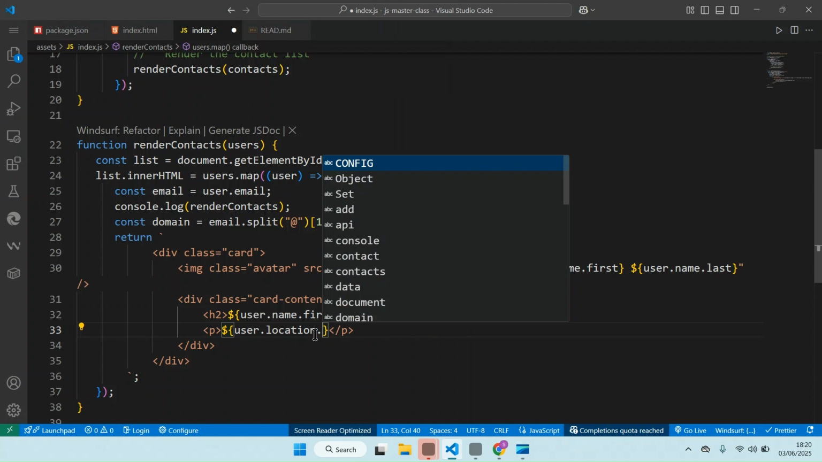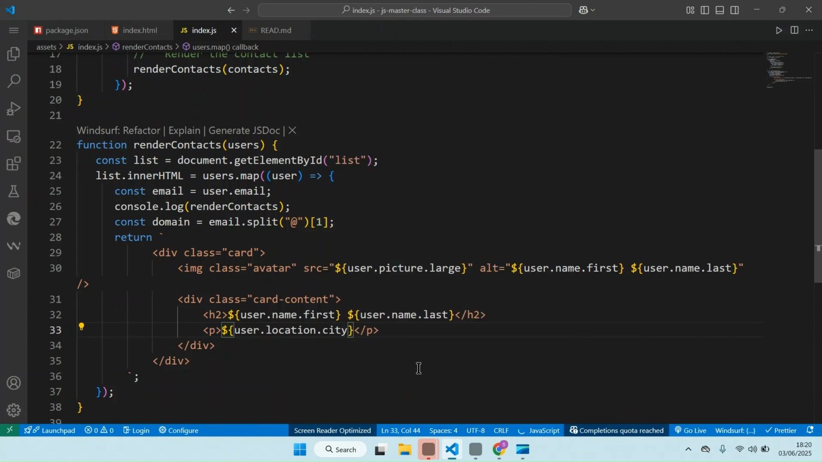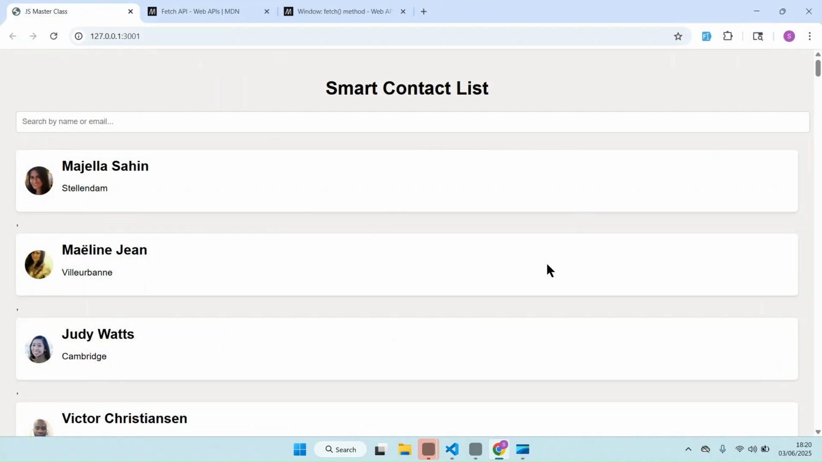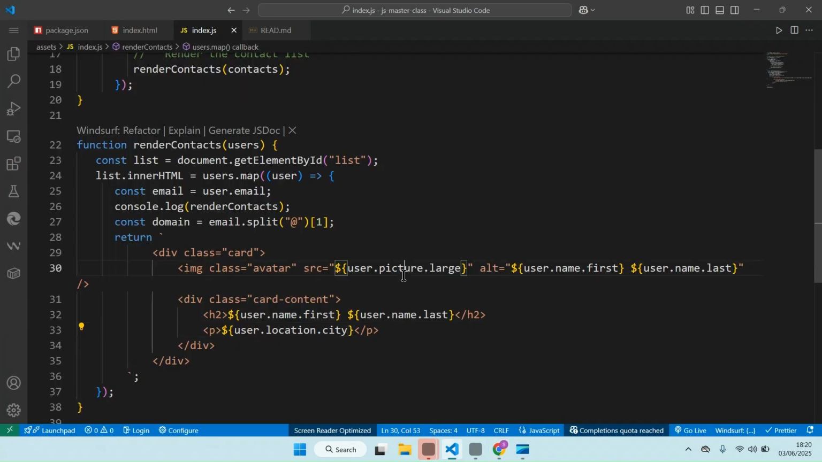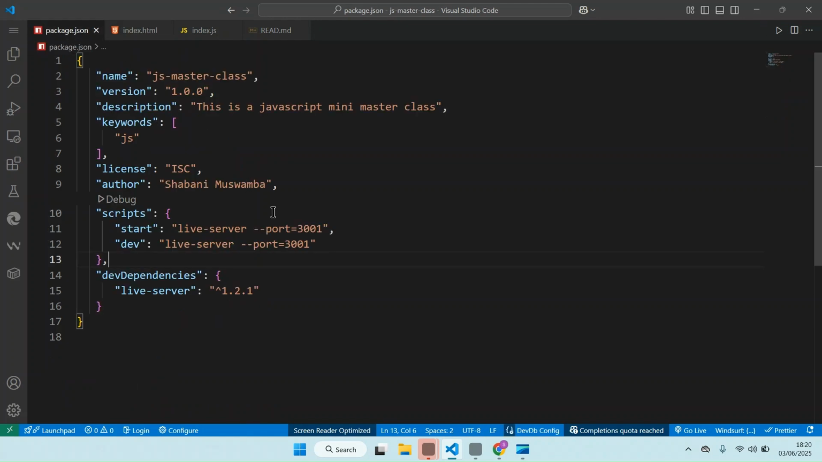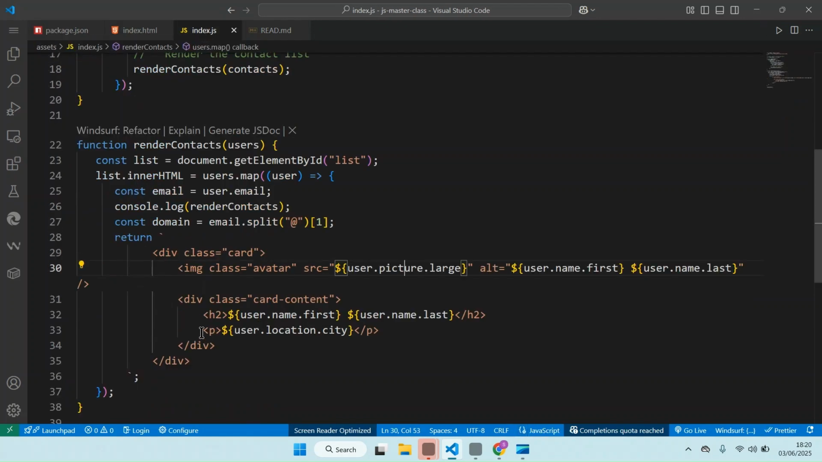Location dot, let's maybe say city. Now we get different cities. You can also show email. I don't know if you have style for that, but let's say small here. Let's say dot email, and then we can also do small to get small text, and then you can also show